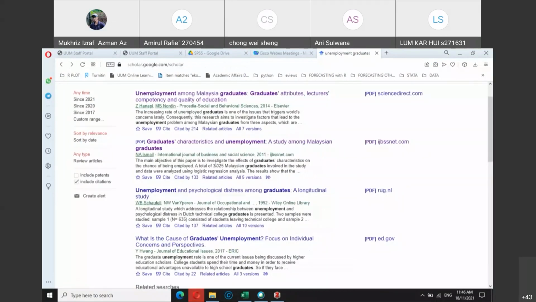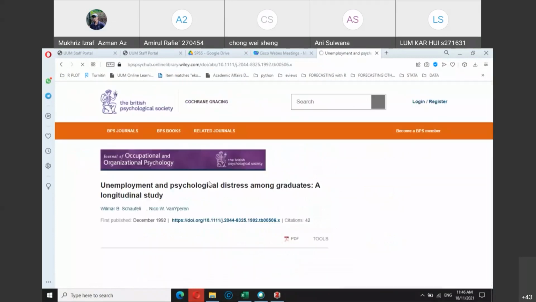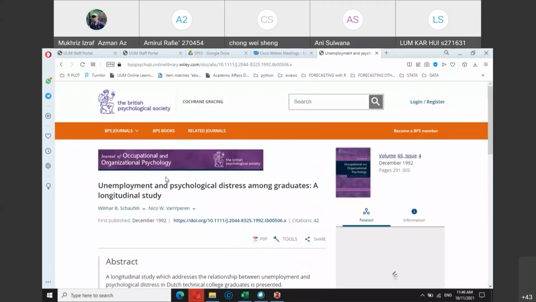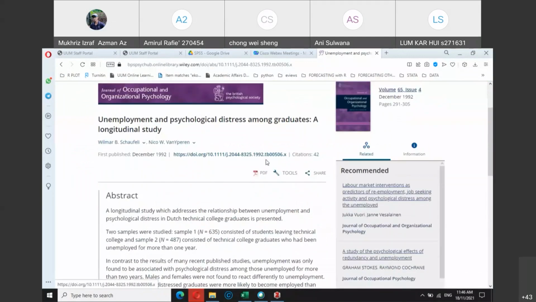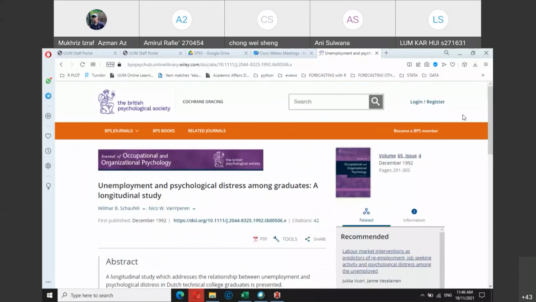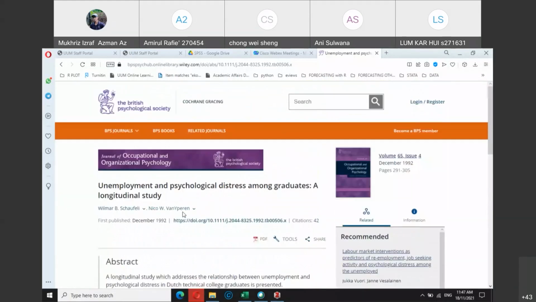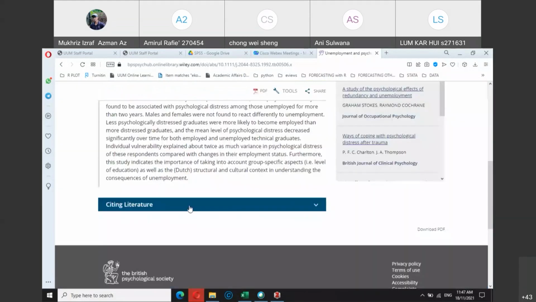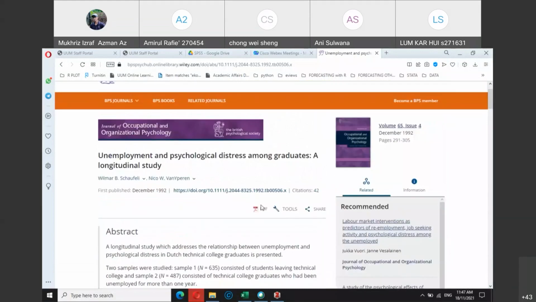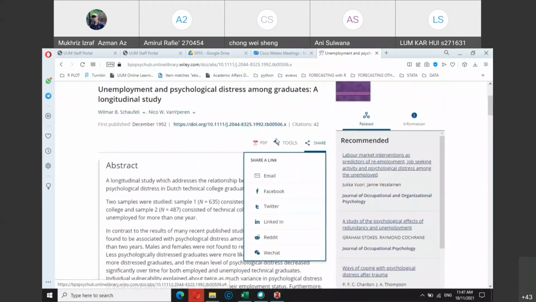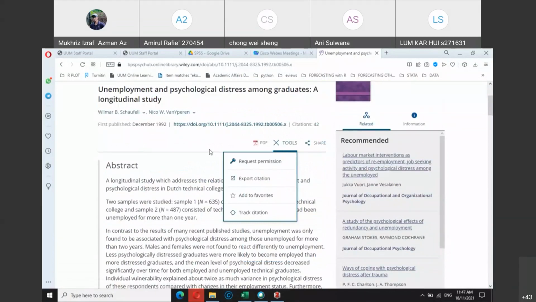But in most cases, when you click on the article, it will bring you to the main journal website article, for example, like this. Then you go and find the citation icon for you to download the file and import into your Zotero. You need to browse because different journals have different formats. For example, like this one, citing should be either share or tools. Yeah, this one. If you click on tools, then you can see here export